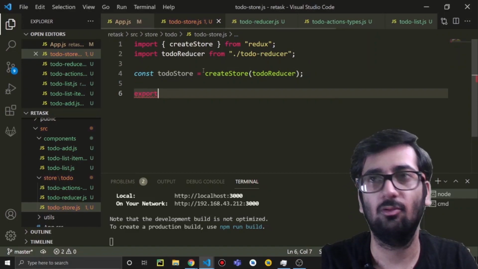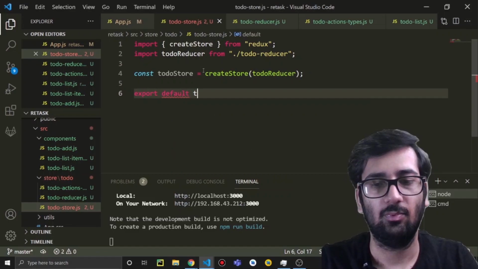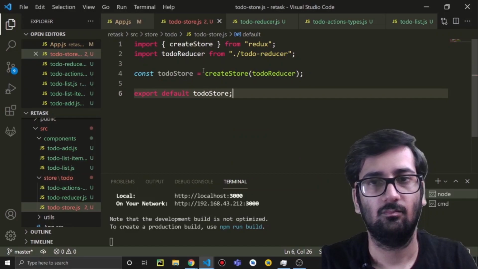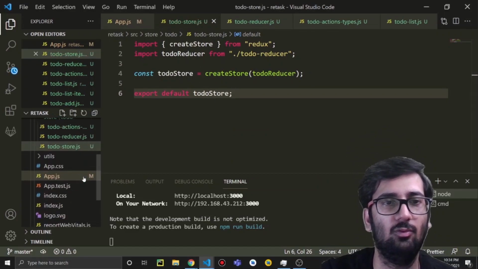And we have to export it so that we can use it in our React app. So that's all we have to write in the to-do store file.